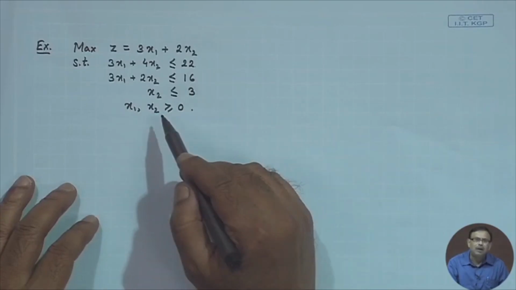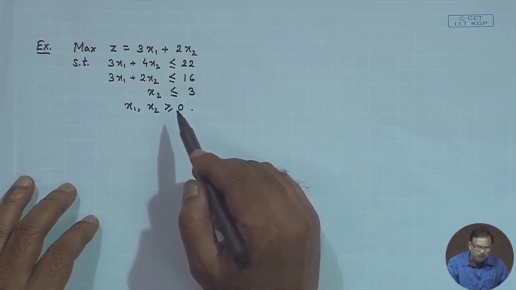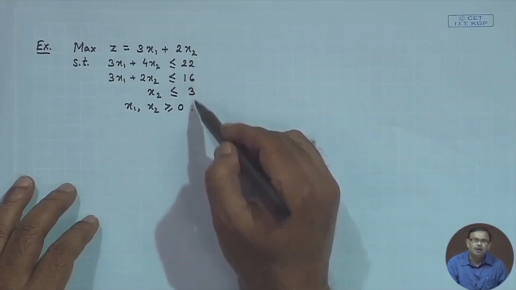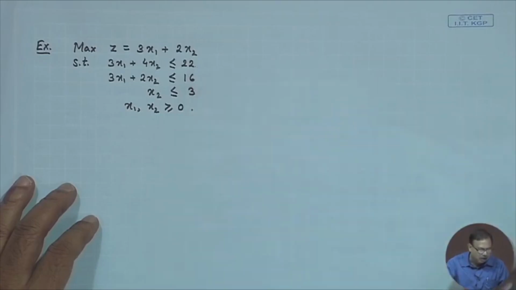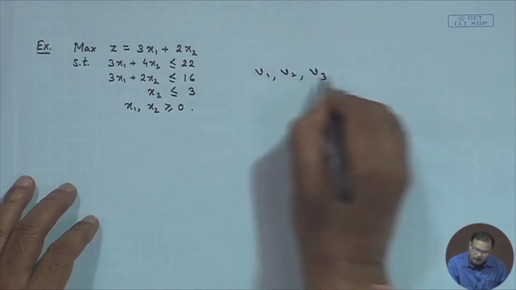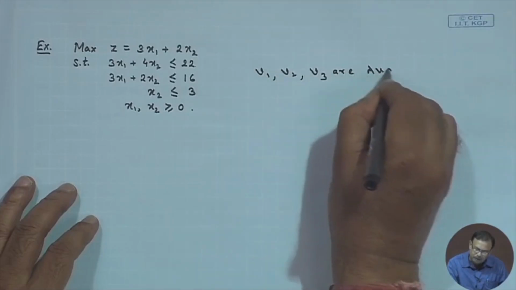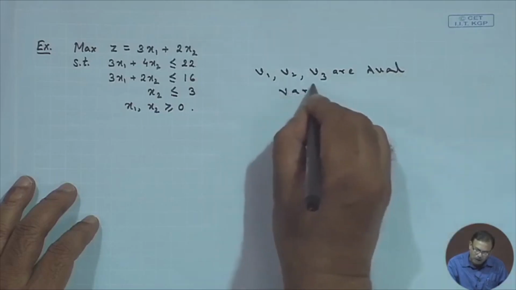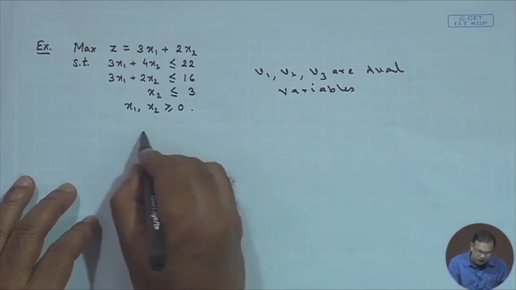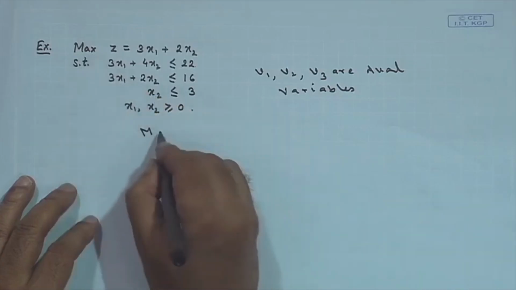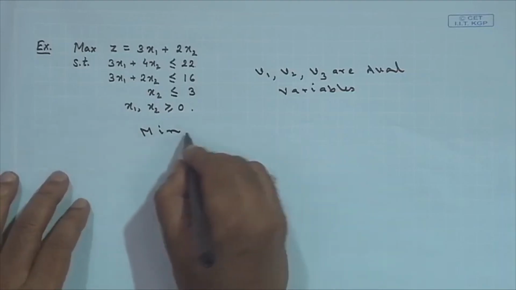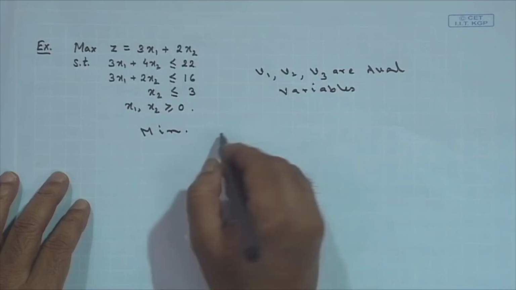Since I have three constraints, in the dual problem, in the objective function, there will be three variables. So, let V1, V2 and V3 be the dual variables. So, what is the problem? Now, maximization will be converted into minimize W equals,